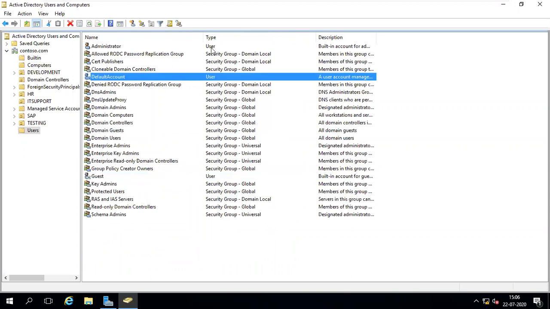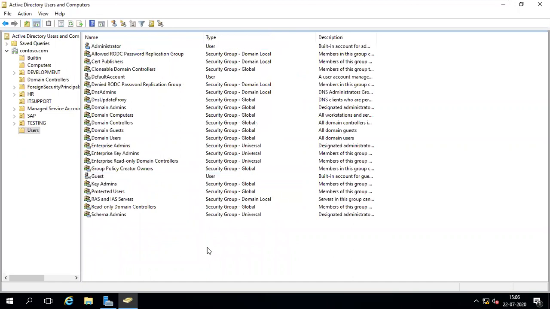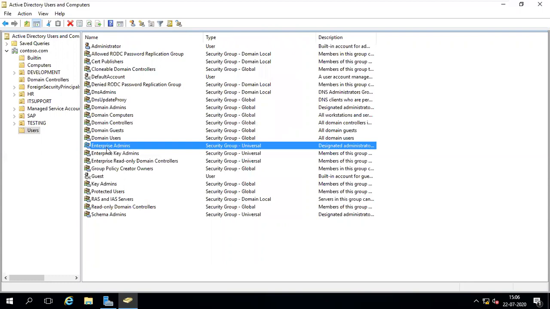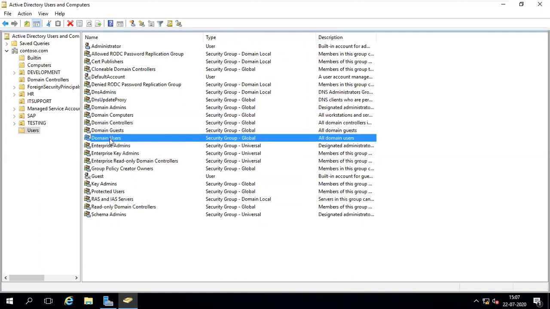Default account is disabled, but Administrator, we are logging in with Administrator, right? That one. These are all security groups: domain local and global groups. You can see universal groups also. Enterprise Admins is a universal group. Okay, Domain Admins is a global group. Domain Users is also a global group.